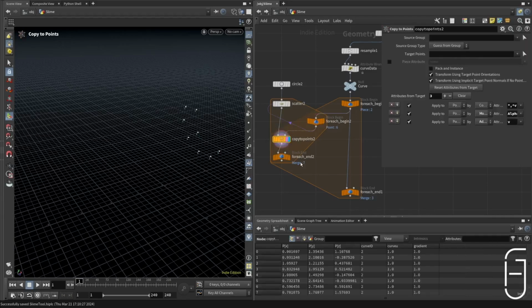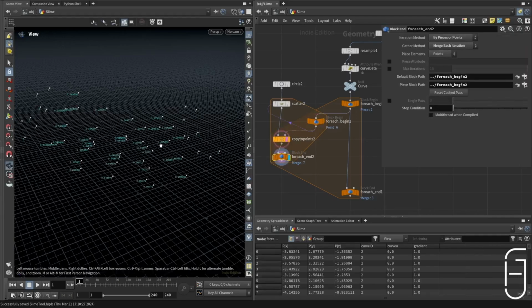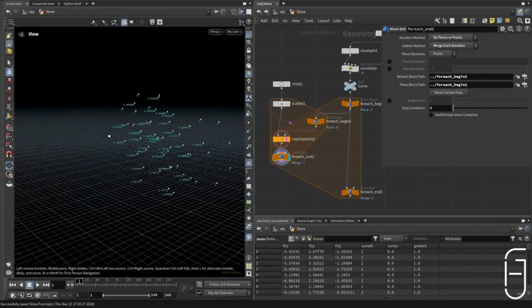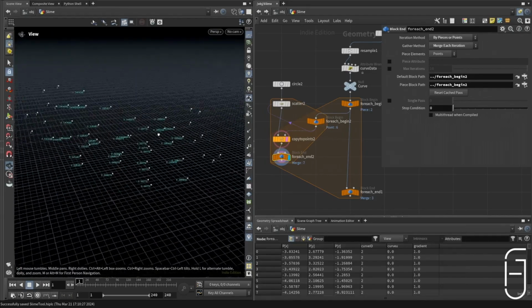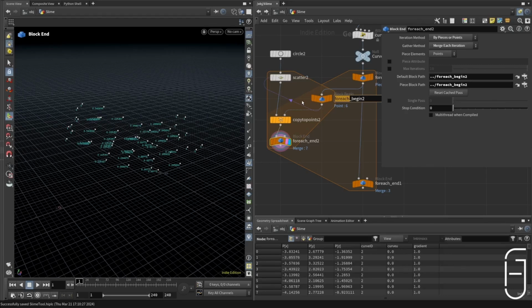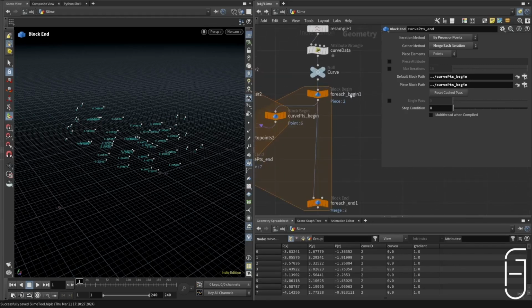we now have a random seed for each point. So for every point that we copy to, we will get a different layout of the points that are in here. And we can call this loop curve points. So curve points begin, curve points end. We can call this S line